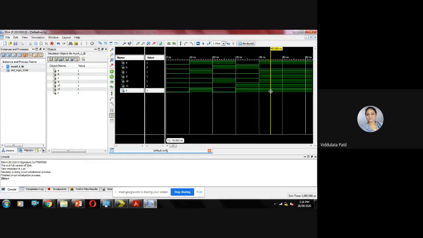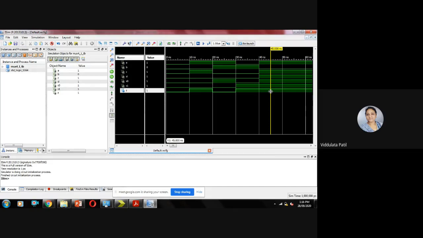Okay. So now you must have understood that there was an error that we got earlier because we had not declared a process in that code. Whenever we have an if statement, that if statement gets executed sequentially, and for sequential execution we need to have a process.